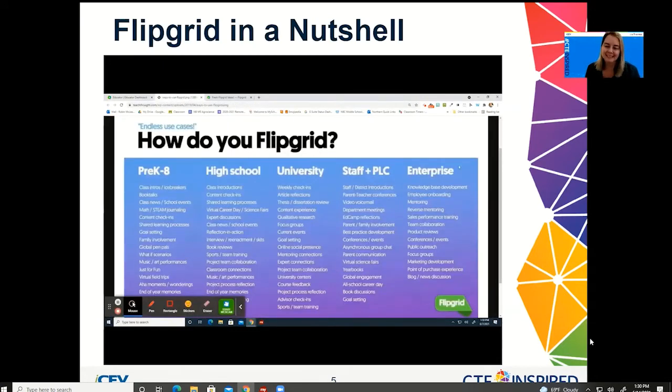I'm going to share this on the screen as I talk about some of the ways I have used it. I have used it to help train state officer candidates, asking them a question, having them respond. It's asynchronous, but it allows them to develop some of that skill. And then we have face-to-face. I have heard of teachers using it to create virtual career fairs and using guest passcodes to allow people to